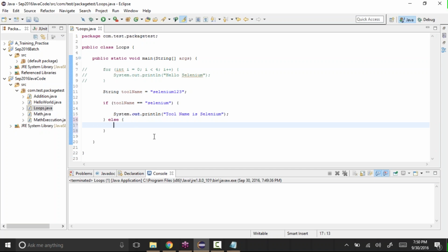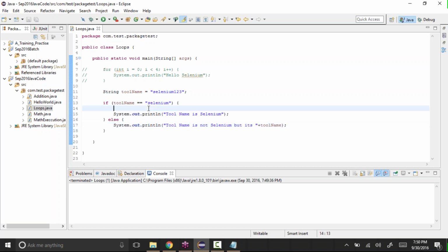Else, let's say I want to display sysO toolName is not Selenium, but it's C plus toolName, like this.